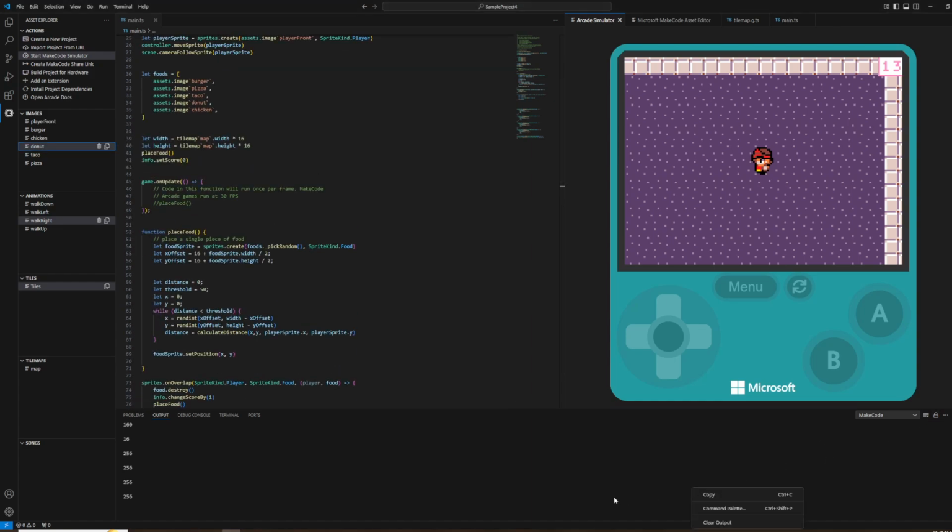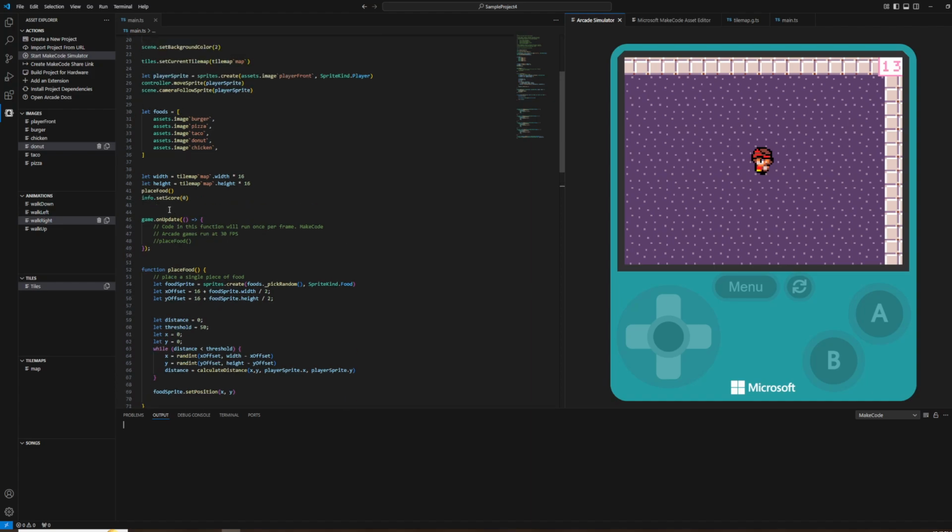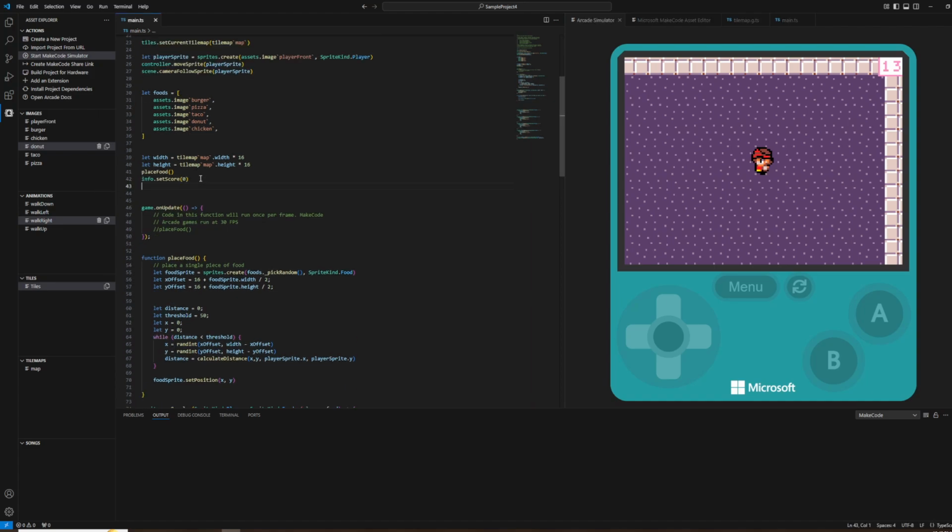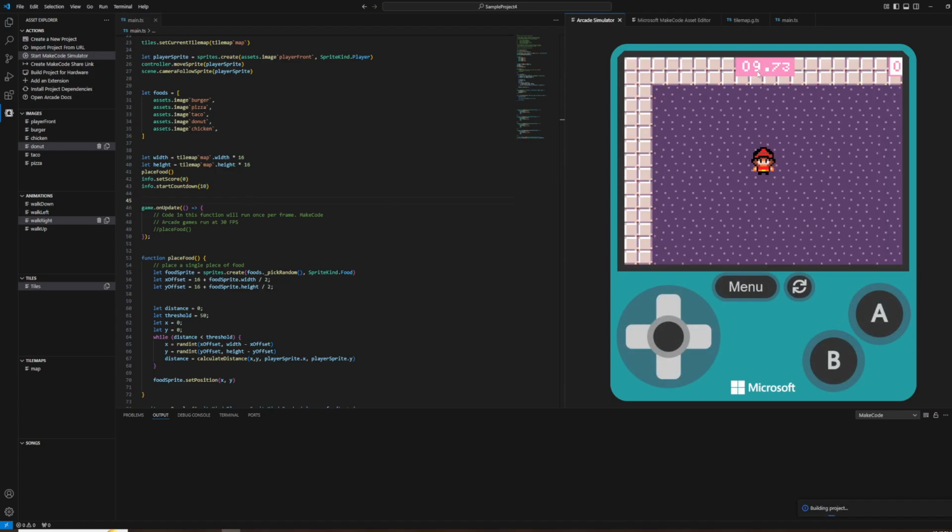We have our countdown here. Let me clear this out. We have a countdown thing in info also. So info start countdown, and then we put how many seconds we want our countdown to go for. 9, 8, 7. Let's put it at 5 so we can kind of demonstrate. 5, 4, 3, whoops,